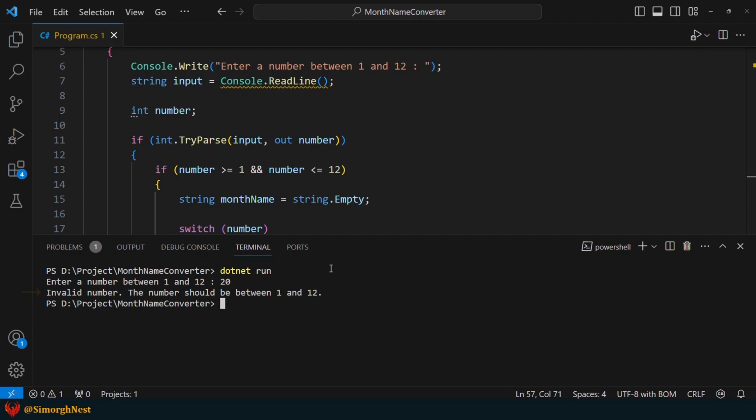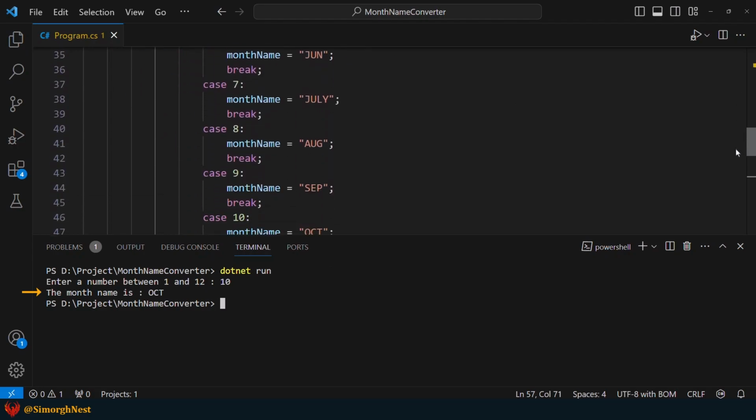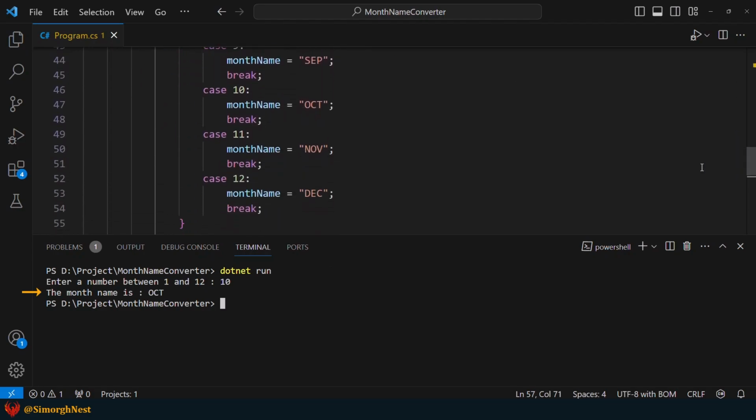As you may notice, displaying a proper message is crucial, as it helps users understand the expected input format, leading to a better user experience. Now, let's perform a final test of the application using an appropriate number. As you can see, we get the expected result. Okay, done. See you in the next lecture.